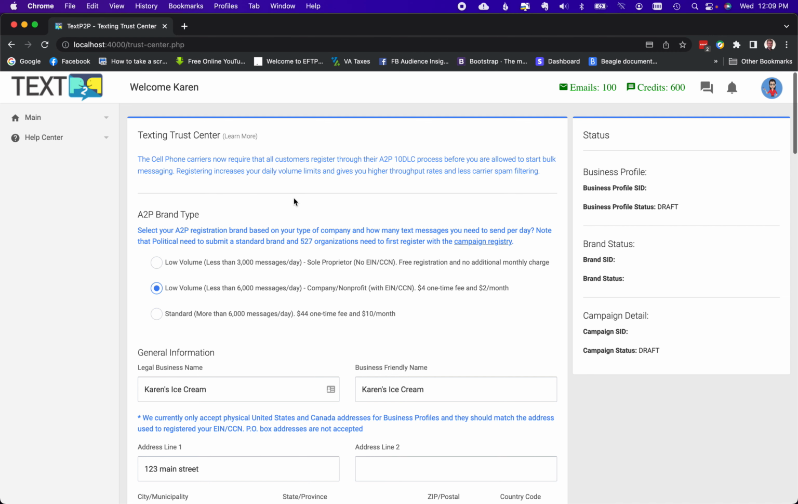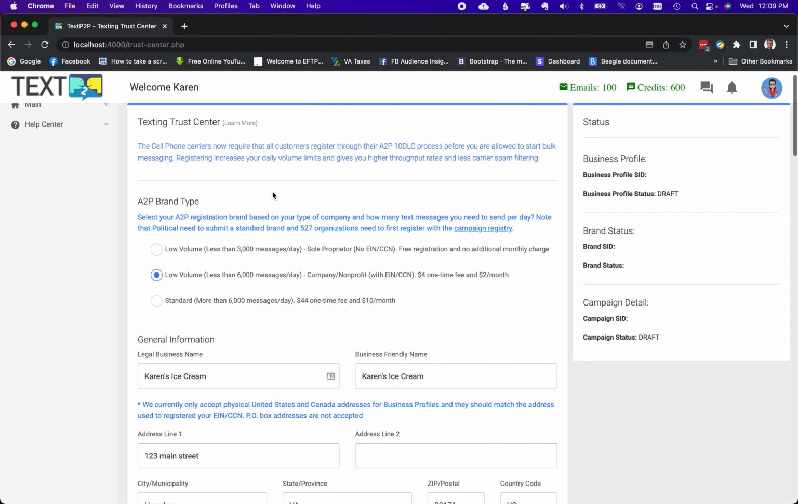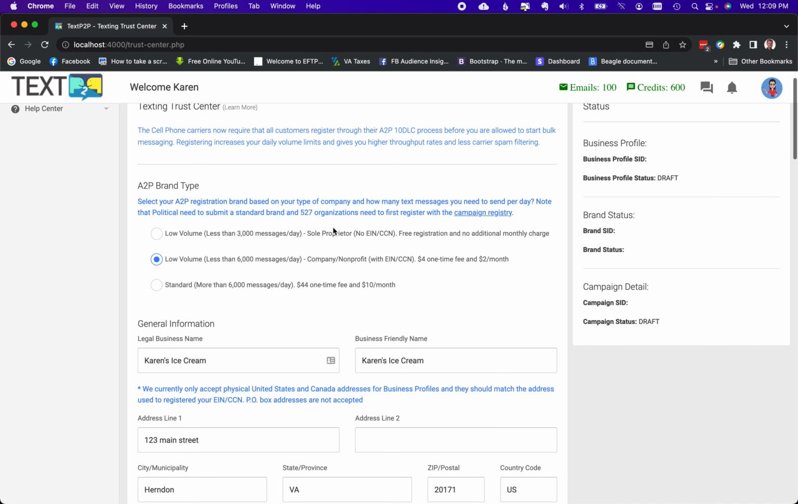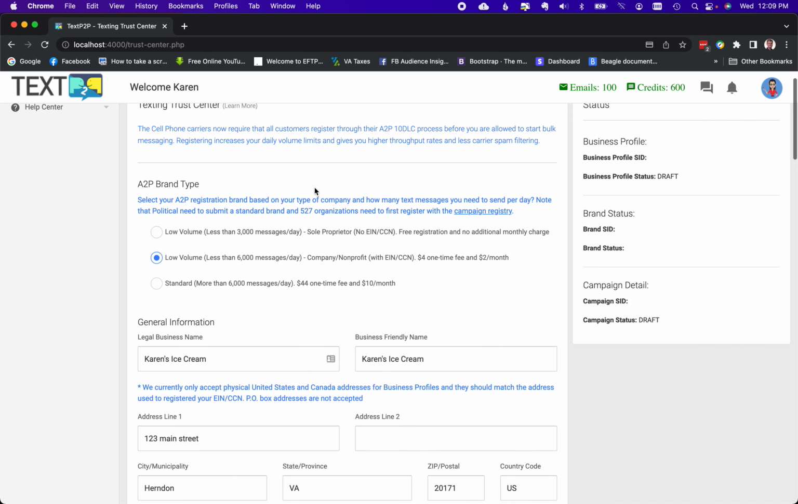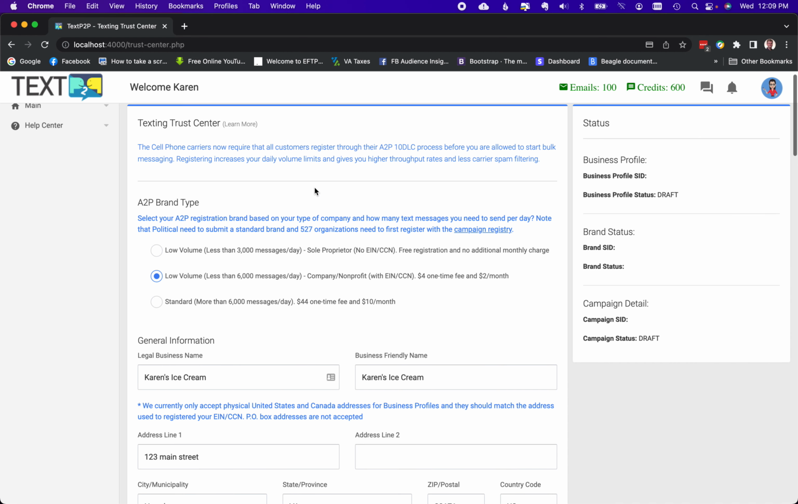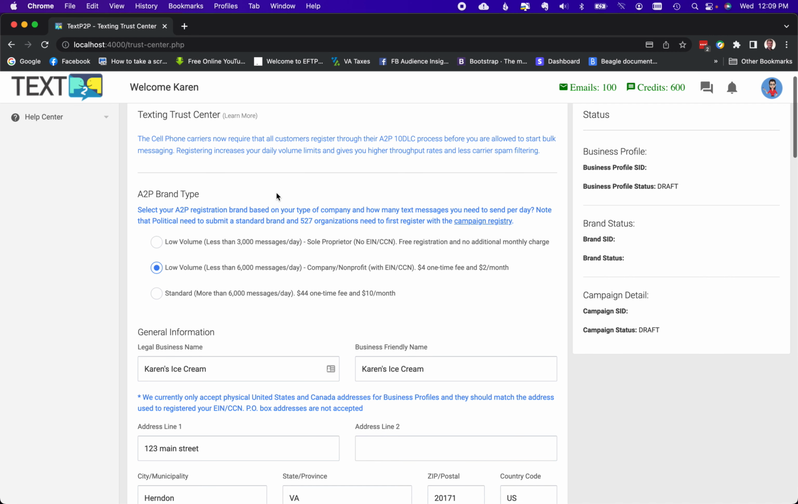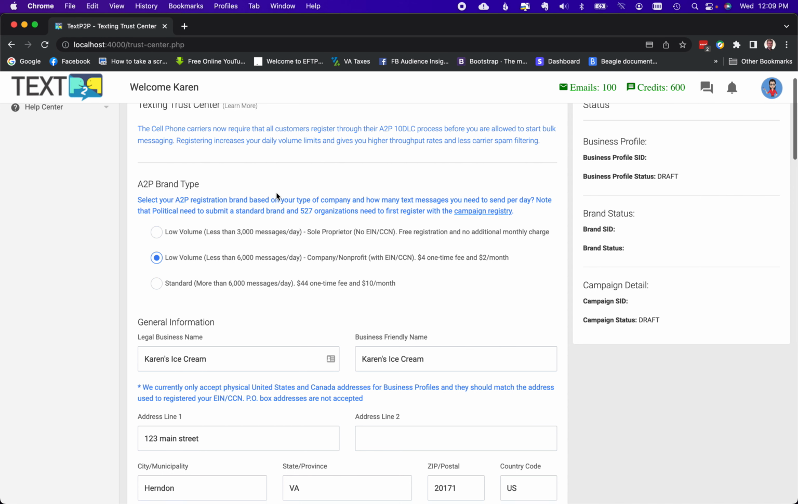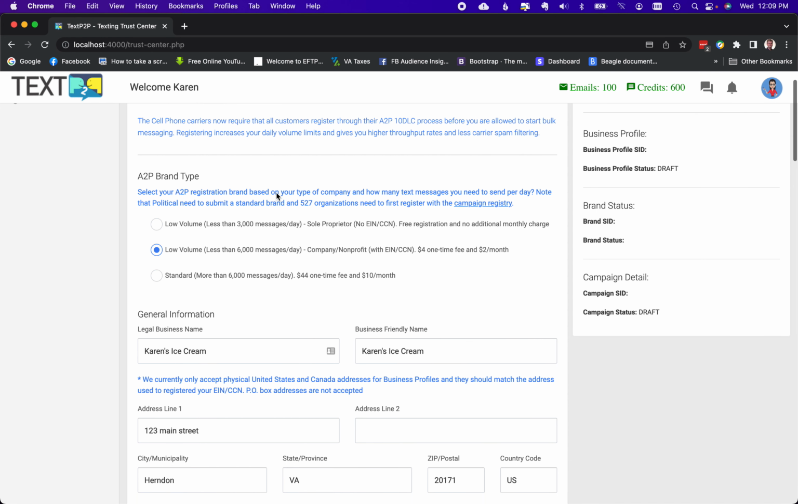This will take you into the Trust Center for TextP2P. You can read about the different requirements, learn more about why you need to do this. But this is required by the cell phone carriers. It's their new A2P 10DLC registration process. You have to register your business with the carriers before you can start doing bulk texting, or really they want you to do it regardless of how many texts